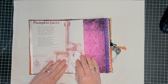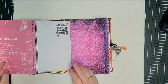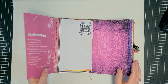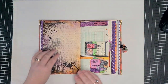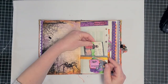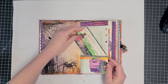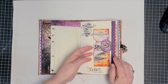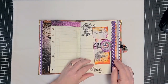On this side, we've got more poems from the Ideals magazine, and another one here. Move this over to be sure you can see it. Another one here. And here we've got some ledger paper with some stamping, another little cluster, and the library card that I made. And here we've just got a little tuck, and I stuck in a little ephemera from the